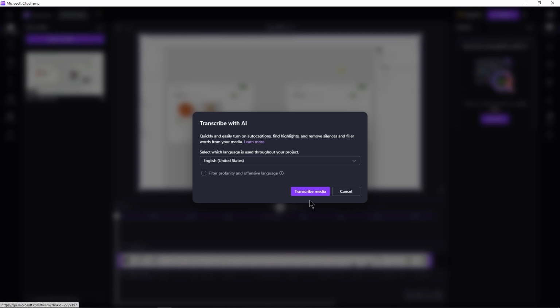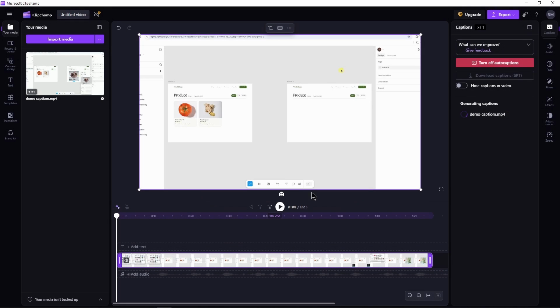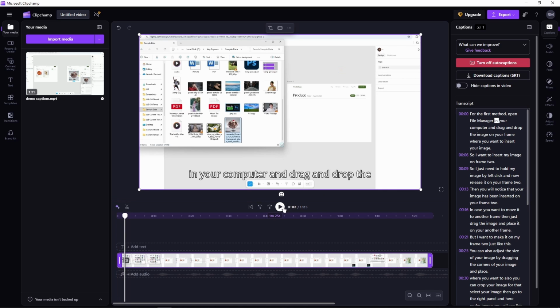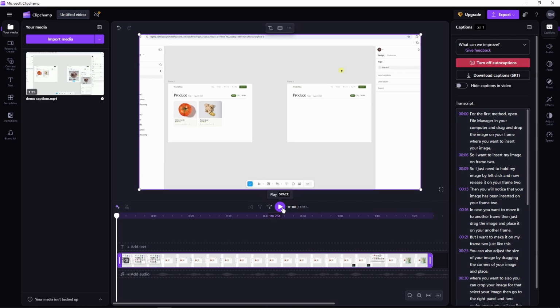So here we need to choose the language and click on transcribe media, and then it will start generating captions in Clipchamp. And within a fraction of seconds your captions will be generated. And now to preview it, we need to click on this play icon and then it will show you the